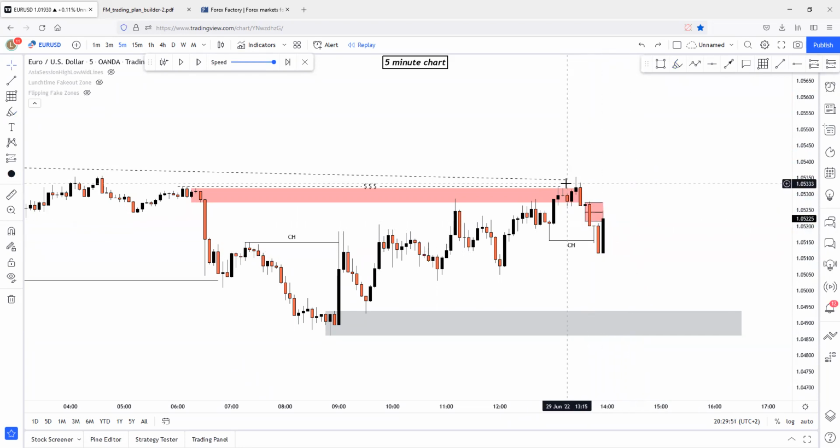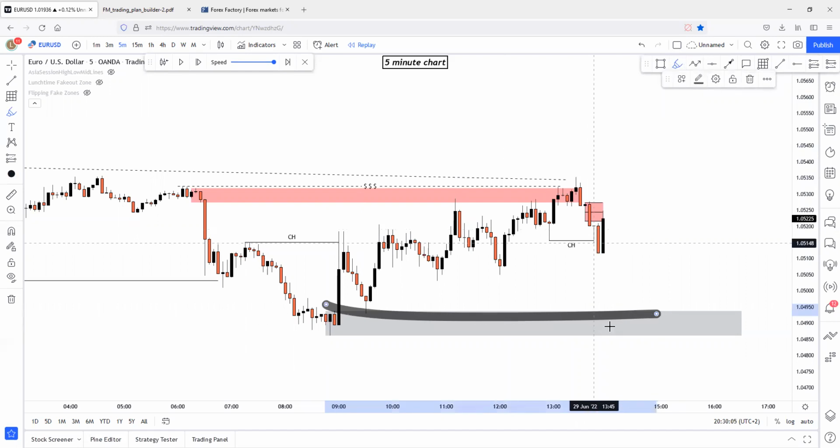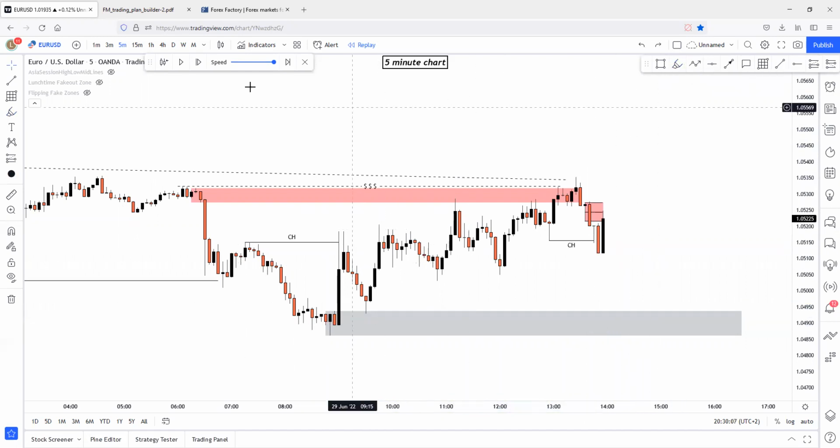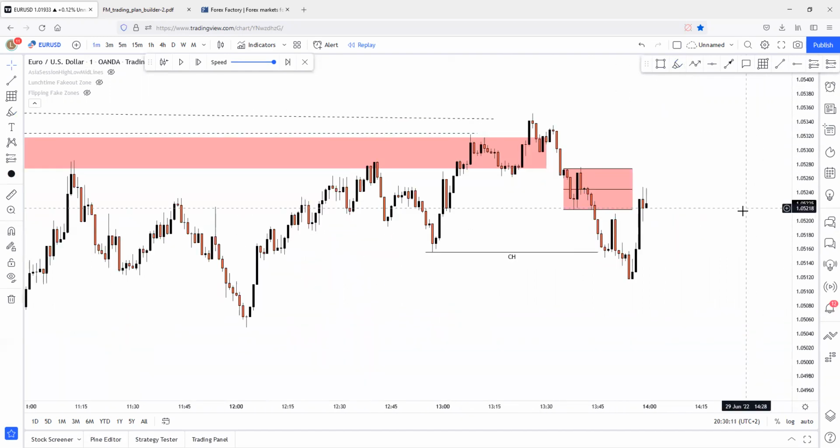Hope it makes sense. So here's the liquidity target for us. As you can see, even this low point is part of the liquidity. And don't forget that our main trend on every single time frame is bearish. So our main focus is on shorts, right? Our first TP will be this demand zone down. All right. So let me just switch to the 1-minute chart and start the actual session.